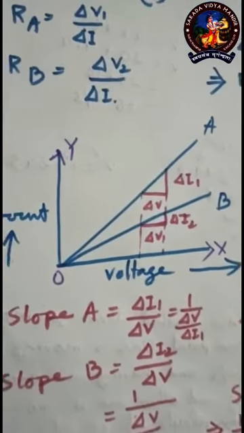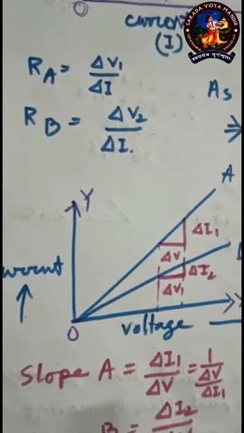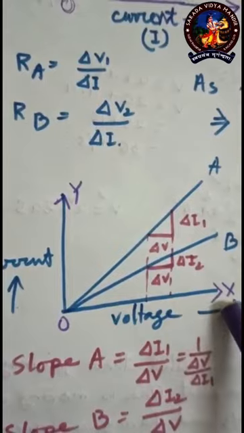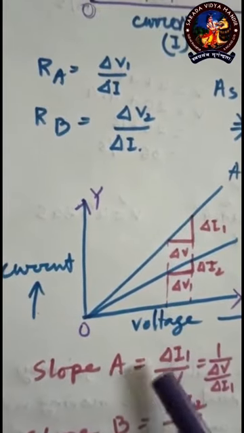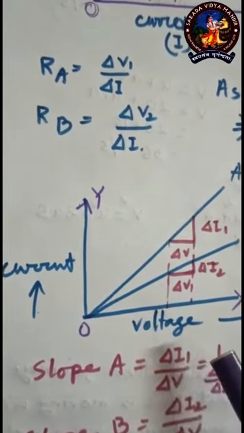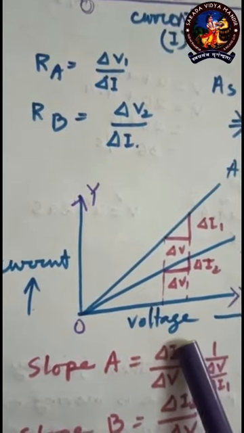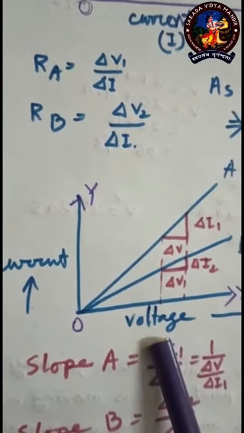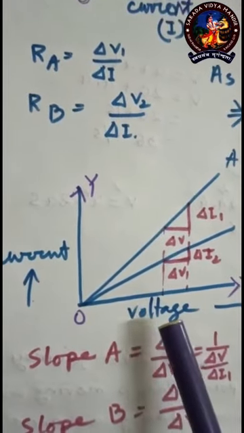Now we will come to the second option. Suppose my graph is given like this: along the x-axis voltage is taken and along the y-axis current is taken, because I can plot any of the two variables on any of the axes if I have a definite purpose. So suppose I have purposefully plotted voltage along the x-axis and current along the y-axis.